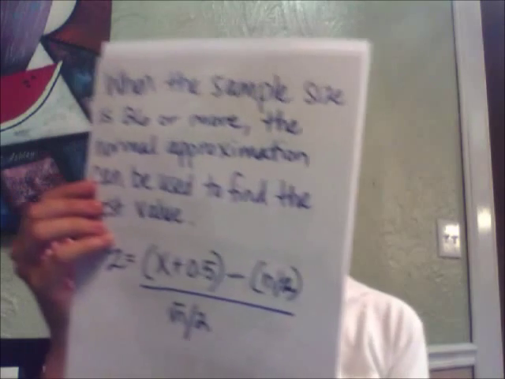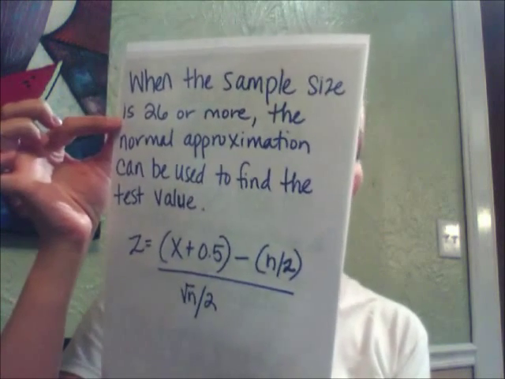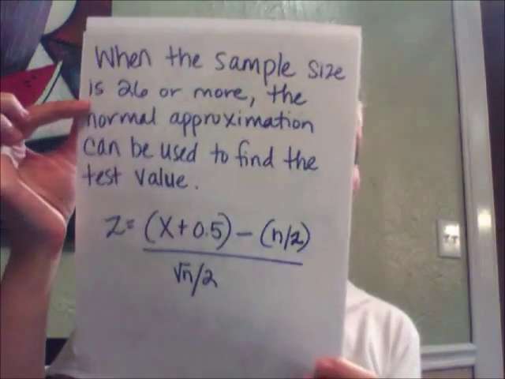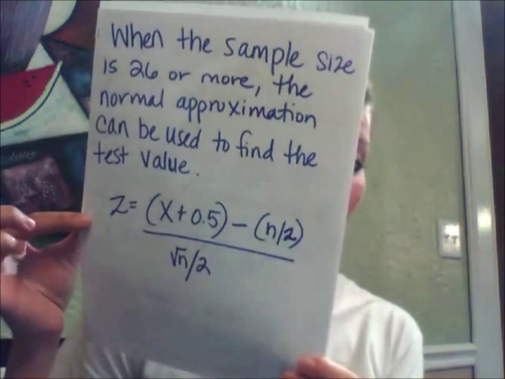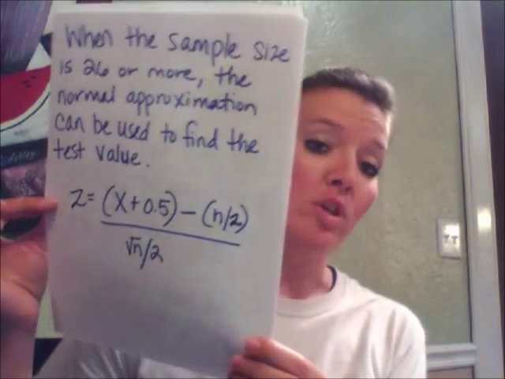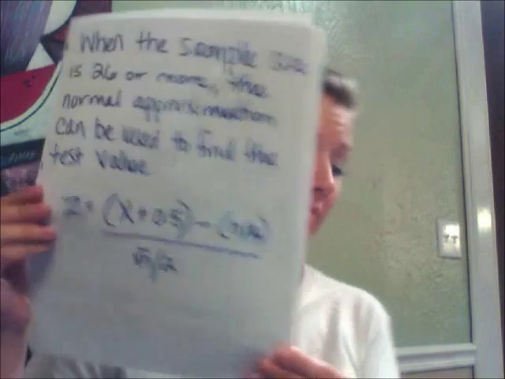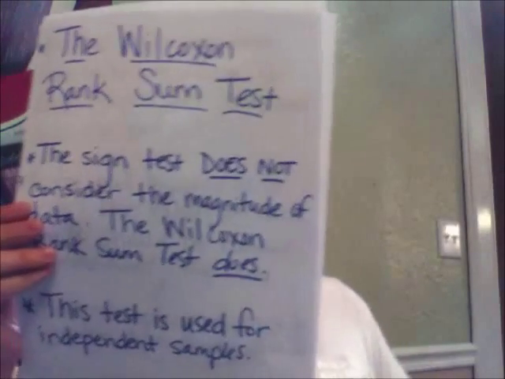When our sample size is 26 or more, the normal approximation can be used to find the test value, and this is the formula given. And as I stated, the practice problem we just completed was 25 or less, so we did not have to use this equation. Next, we will be